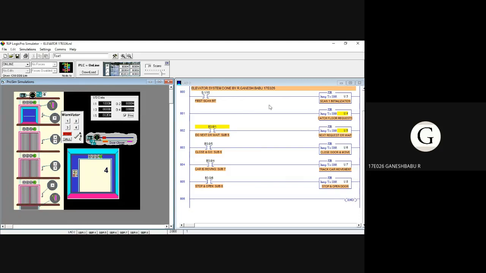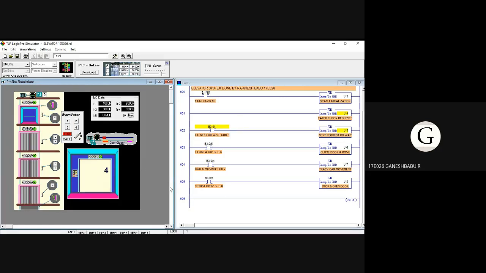Basically, we use JSR instructions in this PLC program. What is meant by JSR instruction? JSR means jump to subroutine instruction. When executed, it jumps to the beginning of the designated subroutine file and resumes execution at that point, and is placed on the right side of the rung. When the rung is true, the JSR instruction jumps to the designated subroutine file stored in this program file folder.